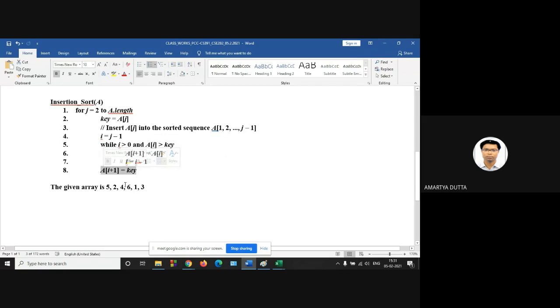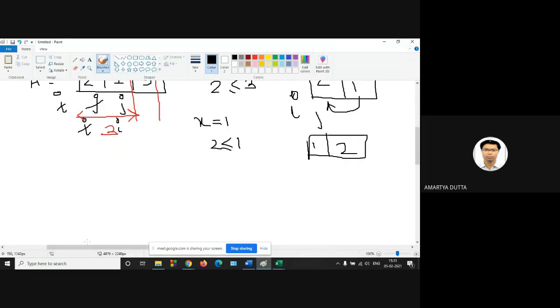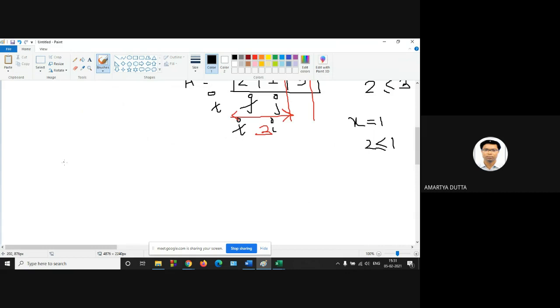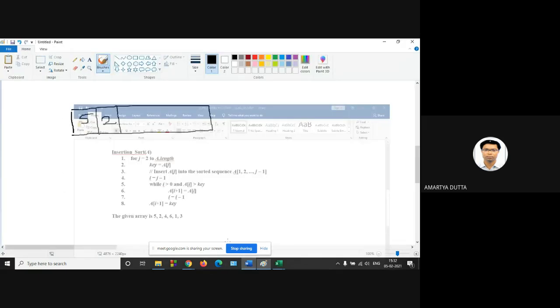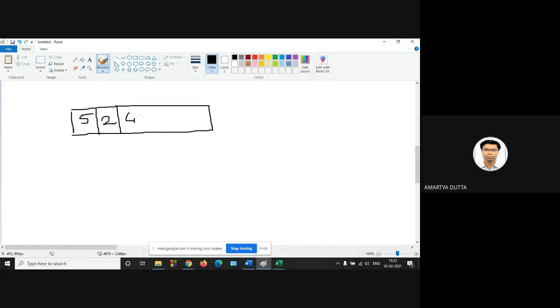And line number 8, A[i+1] is equal to key. So let the example be 5 2 4 6 1 3.